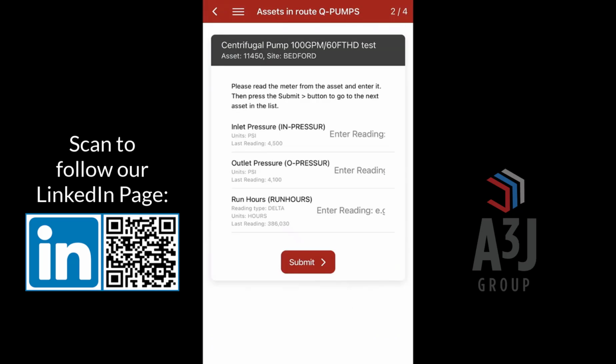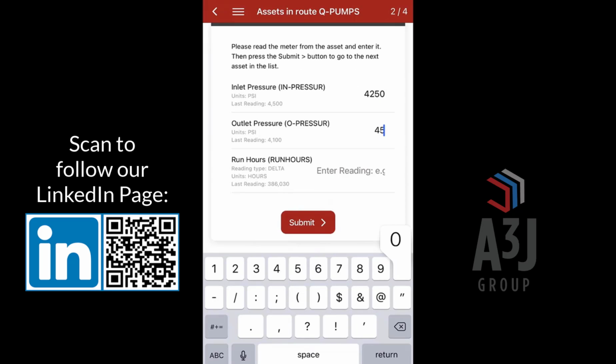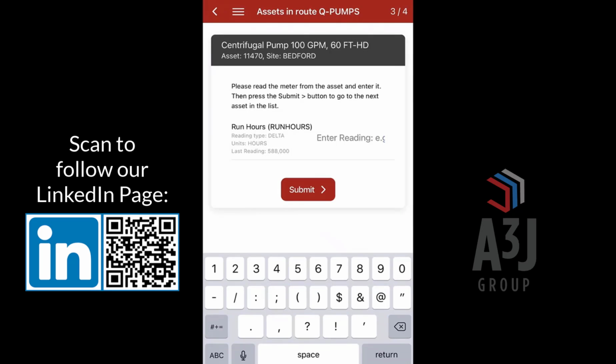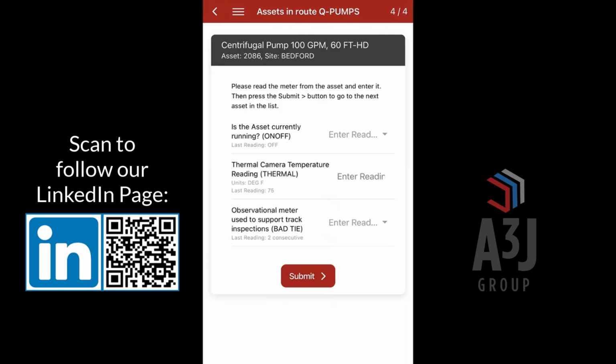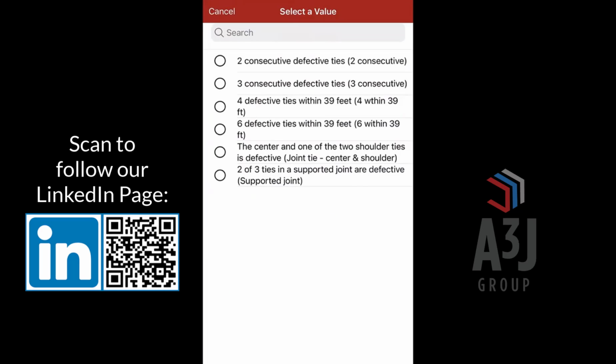When we hit submit, the meter readings are captured to Maximo, and we move on to the next asset in the list. This one has an inlet pressure, an outlet pressure, and a delta reading for run hours. So we'll go ahead and say 500 there. This one simply has the delta for run hours associated with it. And on 100 degrees, and